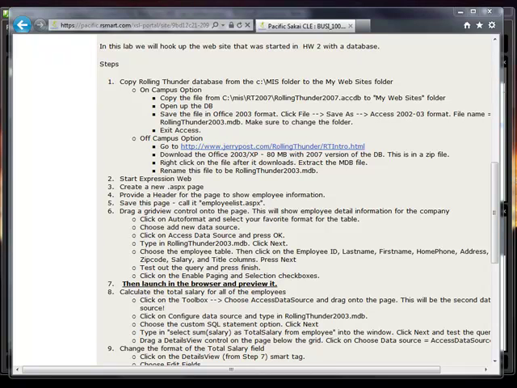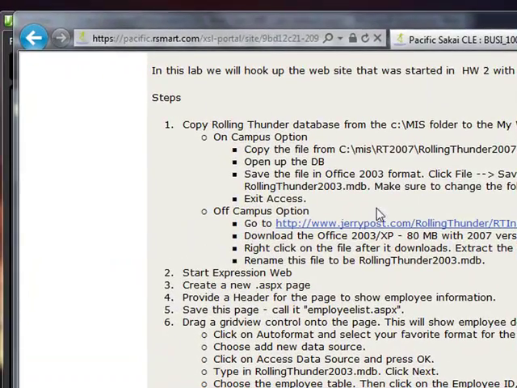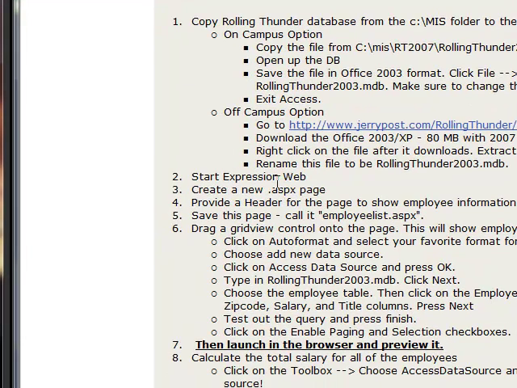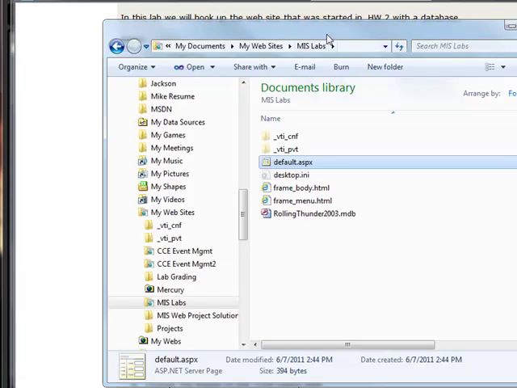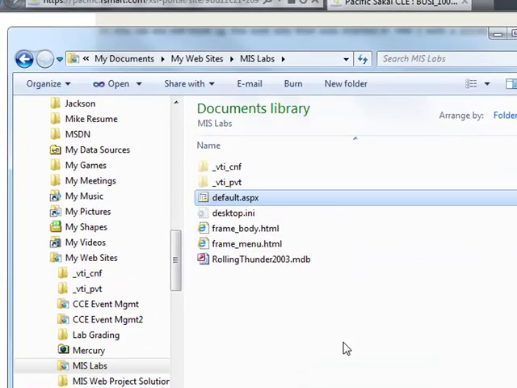Welcome to BUSI 100. This is section 2 of lab 2 or homework 4. I'm assuming that you've already taken a look at section 1, which covers, and I'm looking on Sakai here for the assignment here, that you've covered step 1 and have downloaded Rolling Thunder. So the Rolling Thunder Access Database should be in the folder, same folder that we did the previous assignment, and